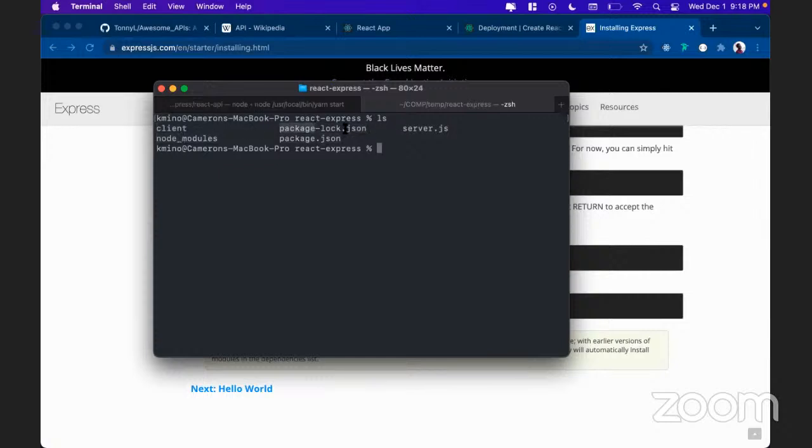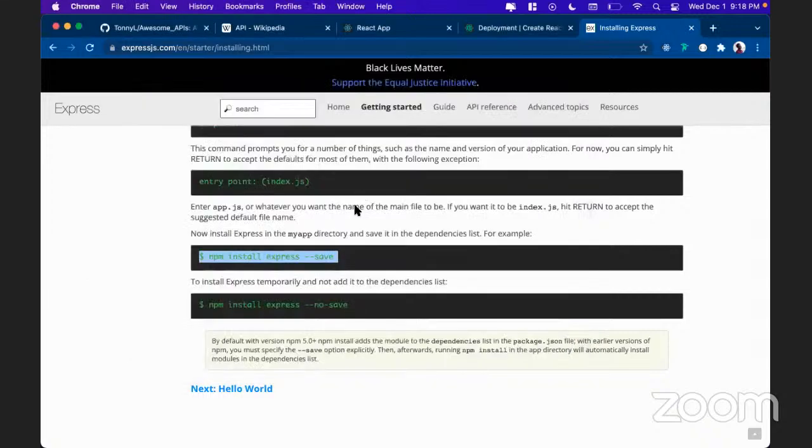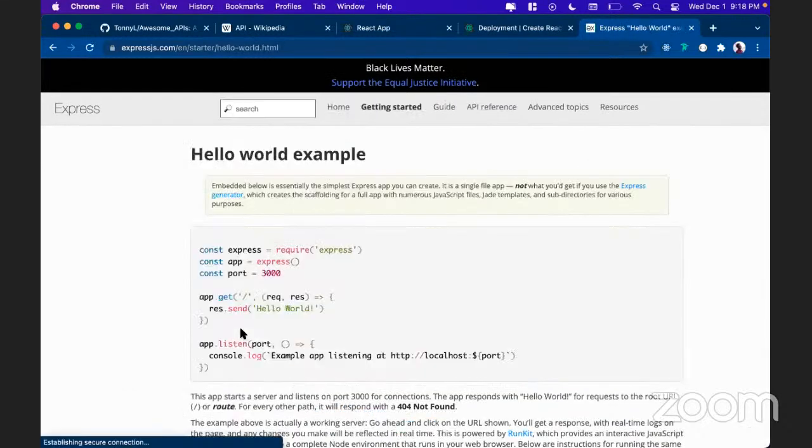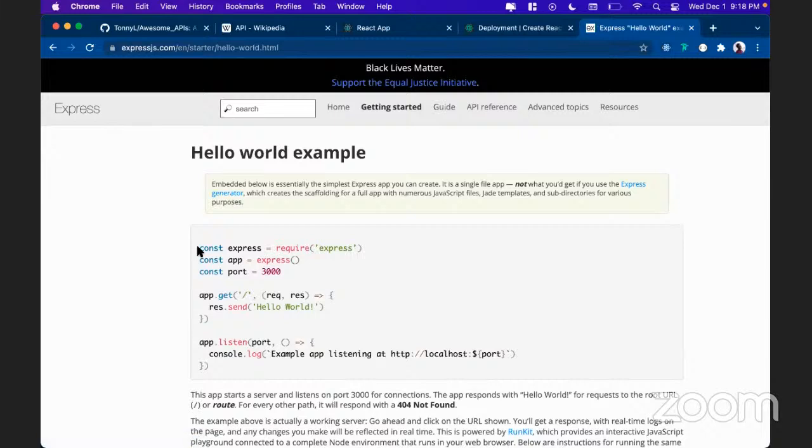I have the package-lock.json, which is a temporary kind of cache of all of the dependencies that I've installed, and then this node modules folder, which holds all of the dependency code for every dependency that I wanted to use. So Express requires a couple other dependencies. So inside of that node modules folder, I would expect that it has a lot of different stuff inside of there. But cool. So now that we've installed Express, we can actually create our first little example of using Express